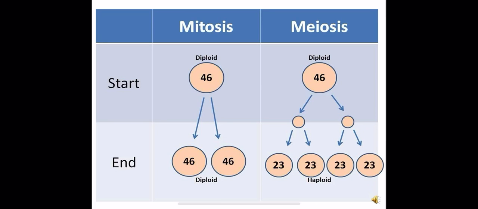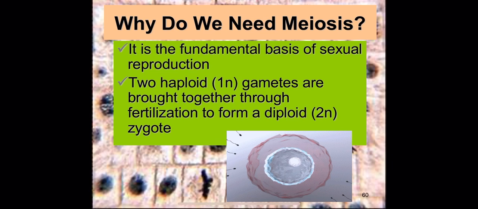Okay, so if you look at your mitosis here, you're 46, and then you're dividing down to identical genetic information. Meiosis, we're going into 23 chromosomes as opposed to 46 chromosomes, because the idea is you add your mom's chromosomes with your dad's chromosomes, and that gives you the child.